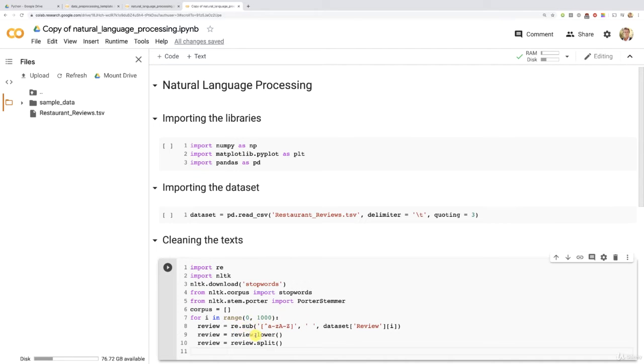Then we turned all the letters into lowercase, so all these capital letters were turned into lowercase, and finally we split each review into its different words, because now we're about to proceed with stemming, which consists of simplifying each word by the root of the word. So for example, loved will be replaced by love, and I remind you that it's very important to do this to optimize the dimensionality of the sparse matrix, which will be created through the next step with the bag of words